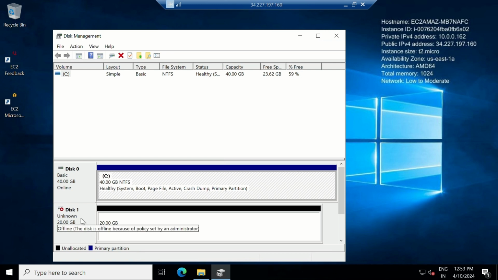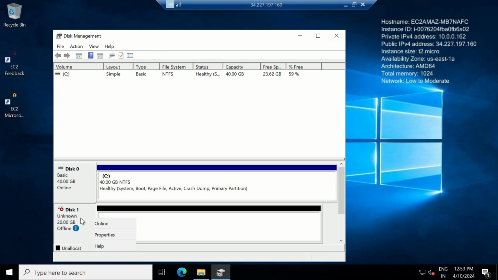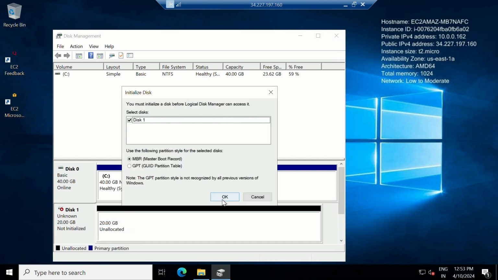To mount this, you need to right click here first. Here you can see, guys, it was offline. You need to keep this online. So right click here, select online, and you can see it is online, but it is not initialized. So again right click, and you need to select initialize disk. You need to select this, and select OK,